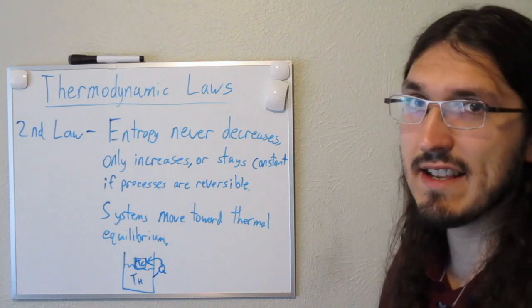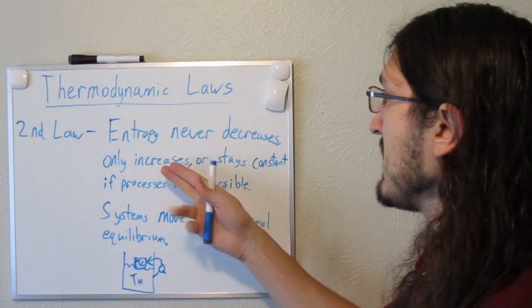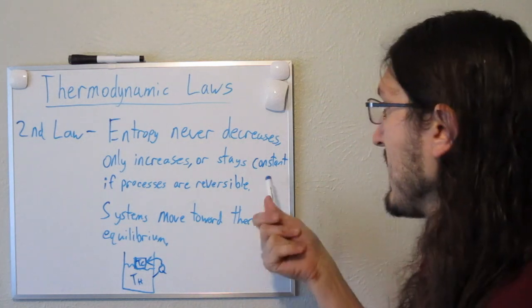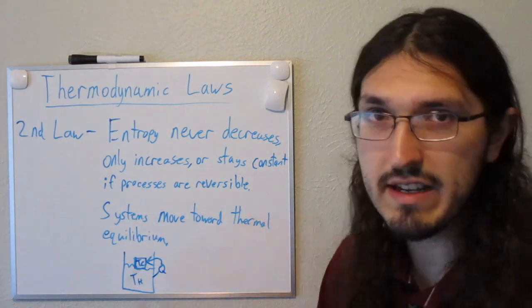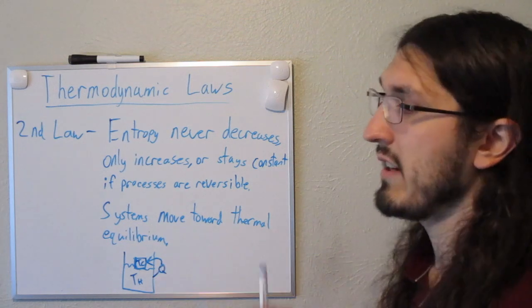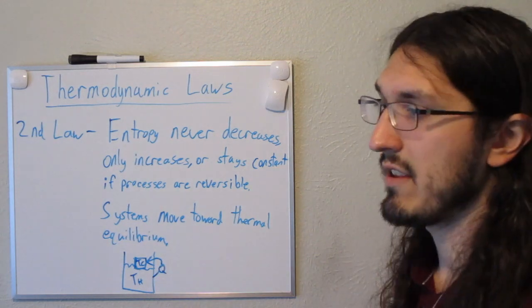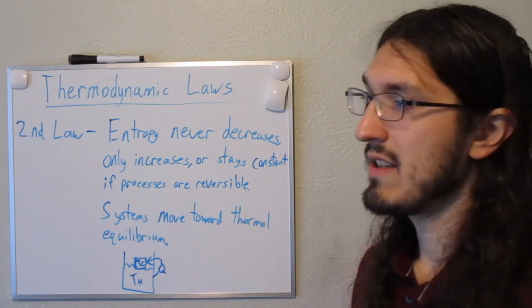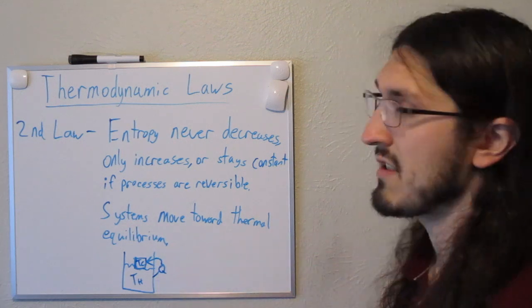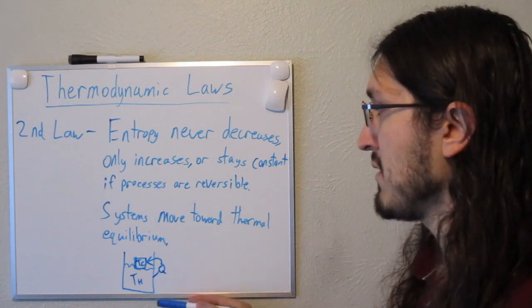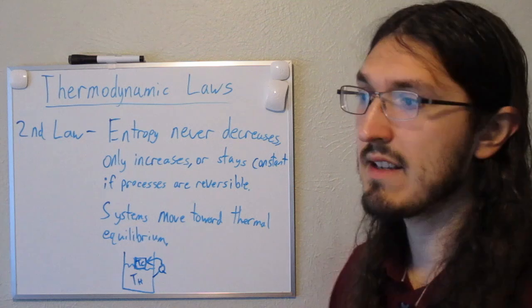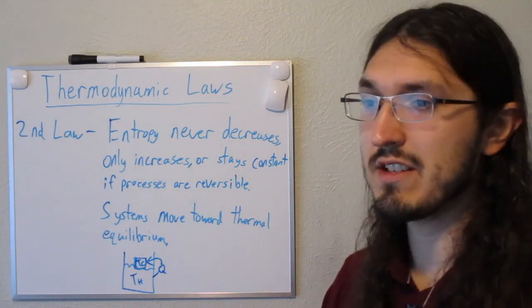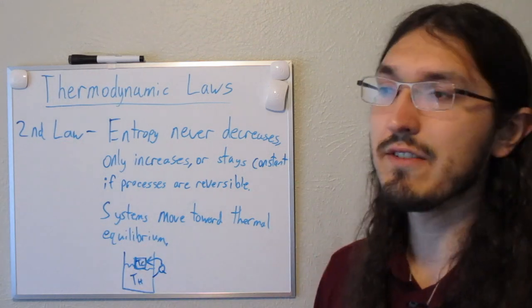So yeah, I just want to emphasize that it states that entropy can only increase or stay constant in ideal scenarios. A lot of the time it can stay constant whenever things are already in equilibrium. So whenever things are already not exchanging heat anymore, then entropy can be constant. And also, systems move towards thermal equilibrium. So things will move from hot to cold. So heat energy will move from hot things to cold things until they stabilize. And in that process, that system can occupy different configurations, different arrangements of states.